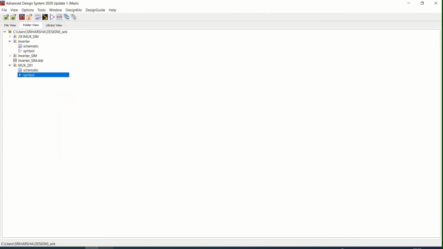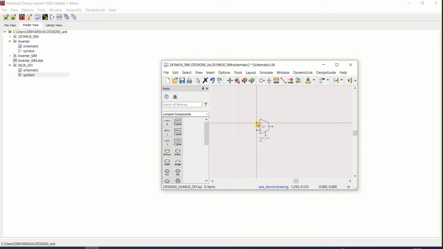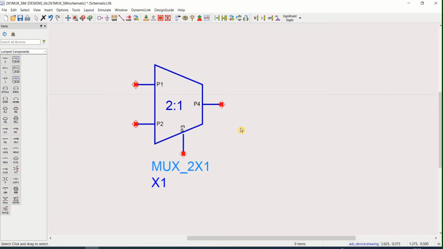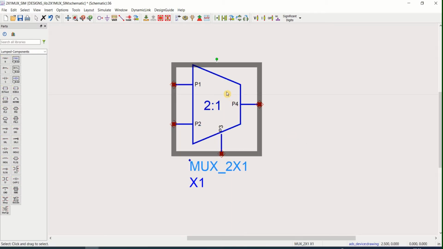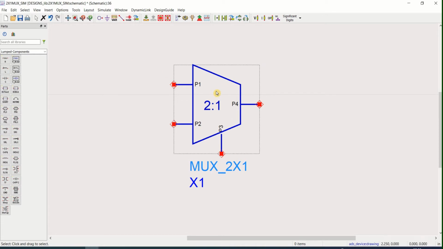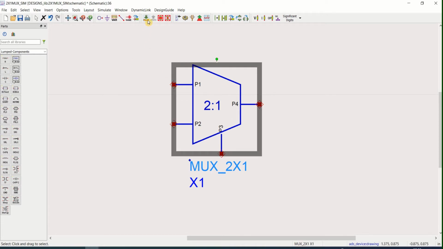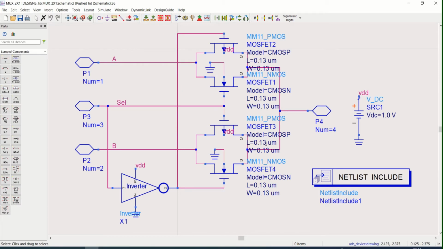Just place it by right clicking on it. If you want to navigate into the design and see how it looks, select this and push into hierarchy. This is the circuit schematic of 2 is to 1. If you want to come out of that, pop out.